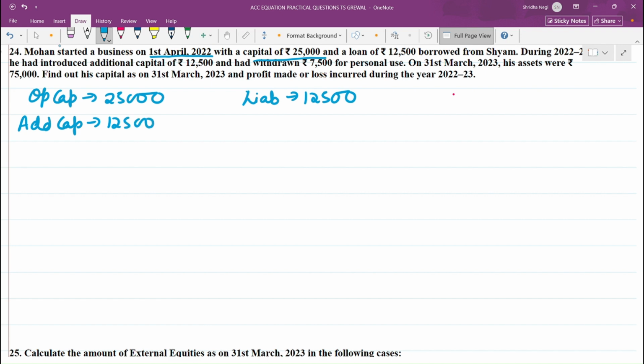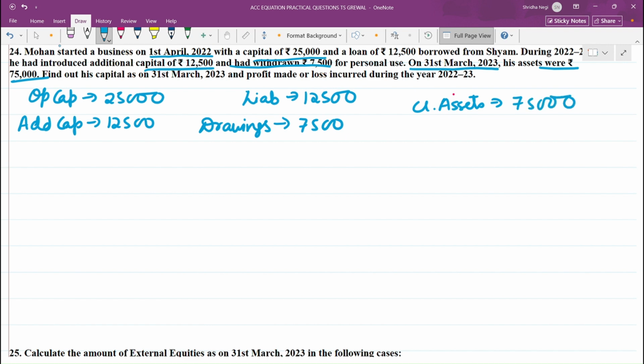12,500. And drawings, he also made a drawing of 7,500. So drawings is how much? 7,500. ठीक है? For personal use. On 31st March 23's assets were 75,000. तो आपके closing assets दिए हैं. Closing assets कितने हैं 31st March को? 75,000. अब आपको उसकी capital find out करनी है as on 31st March and the profit made or loss incurred